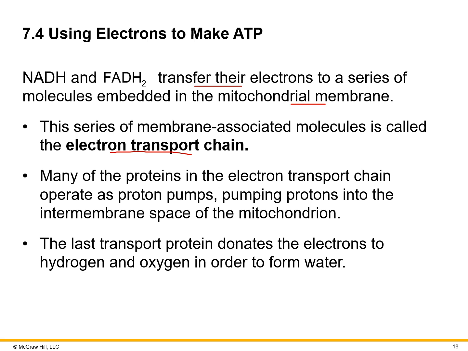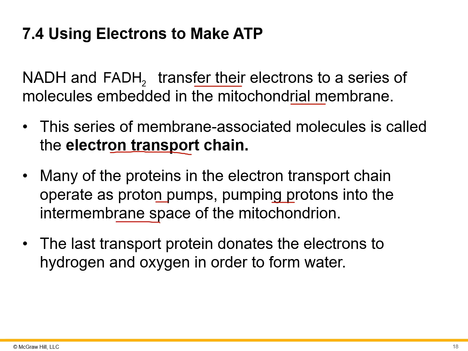It's just a series of proton pumps, and the protons are hydrogen ions. They're going to pump protons using energy from the electrons. Again, pump implies we're going from a low to high concentration, so it needs energy. And that energy comes from the electrons, ultimately pumping those hydrogen ions or protons out into the inner membrane